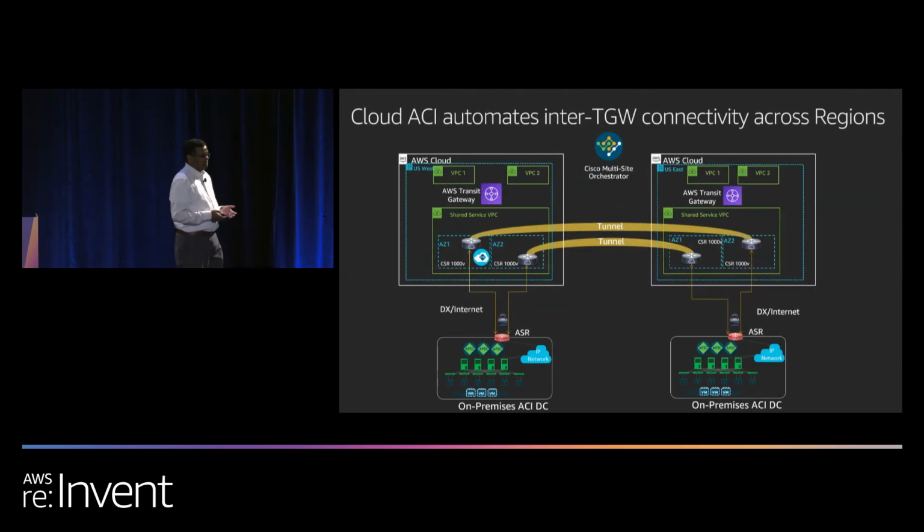Now let me take you to the third model, which was just announced this week: inter-region support for TGW as well. We have multiple options even in this case. You can use the backbone, which would be one of the recommendations. Or if you want to use more of an affinity-based approach, say I have two different data centers, one on the East Coast and one on the West Coast, and I want to use local affinity connectivity from both Direct Connects to individual paths, and I want everything to be completely highly available, segmented, and completely distinct.